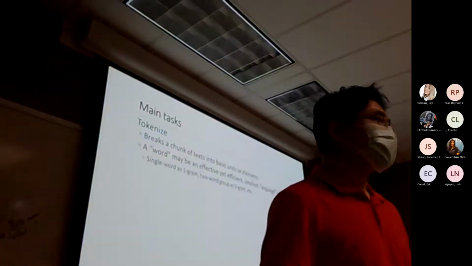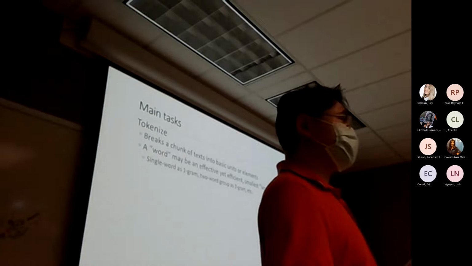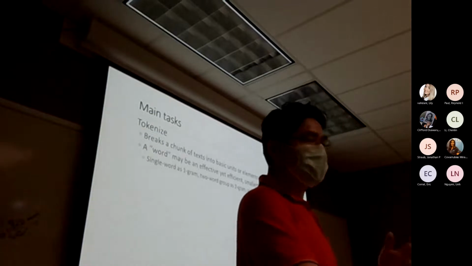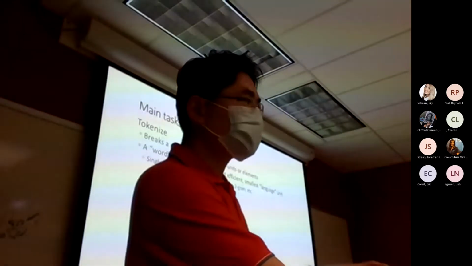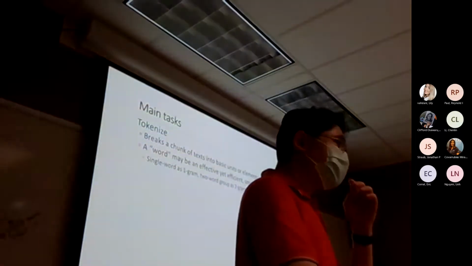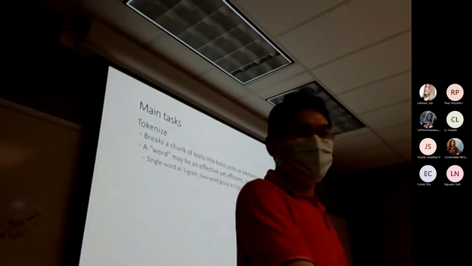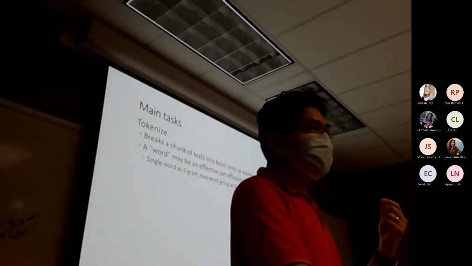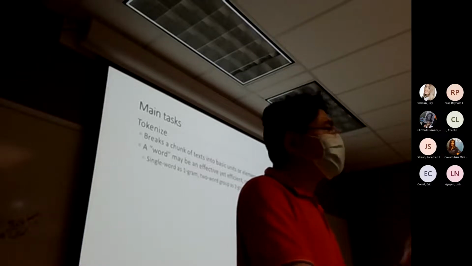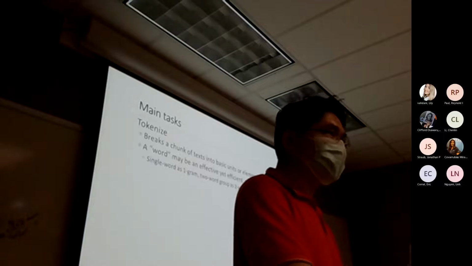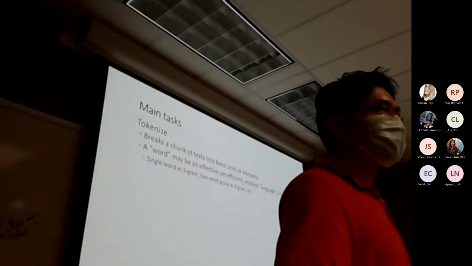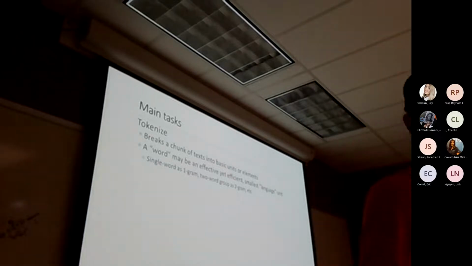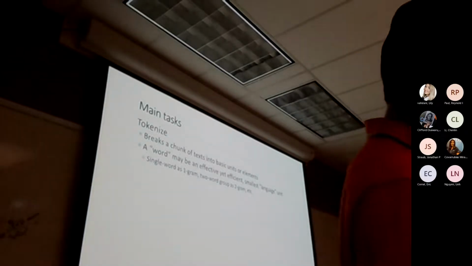Think of an English dictionary. Every term is a token, but there are also other levels of tokens. You have 2-gram. So a single word token is 1-gram. You also have 2-gram, or we say bigram, or 3 or more. N-gram is a general way to describe it. Why do we need that? Because